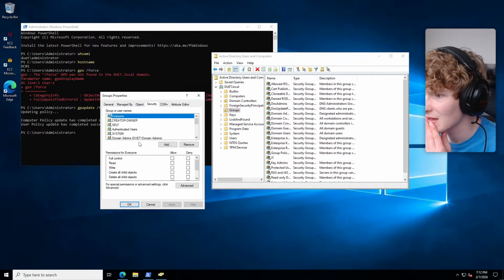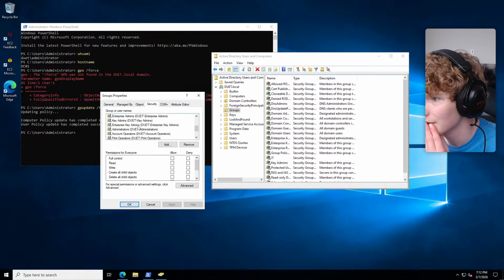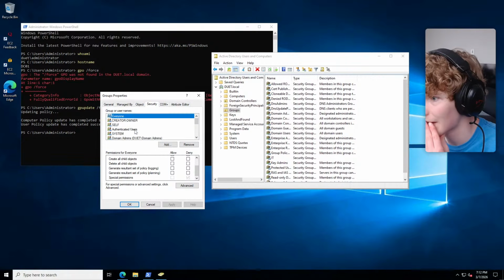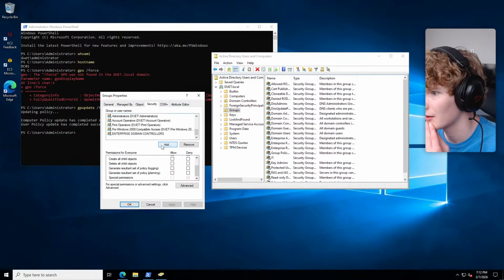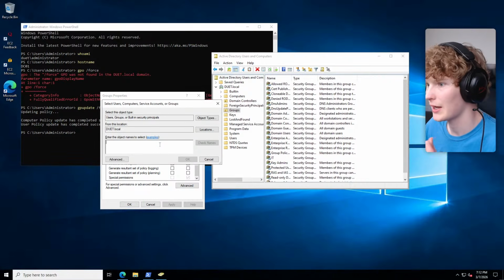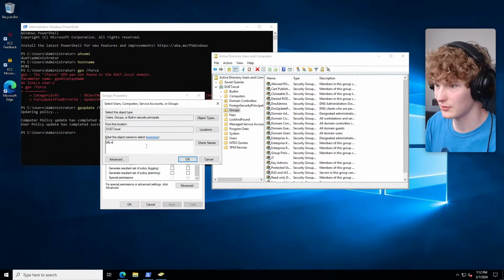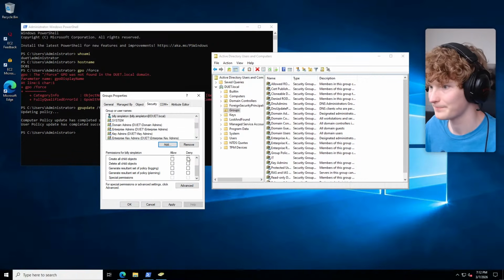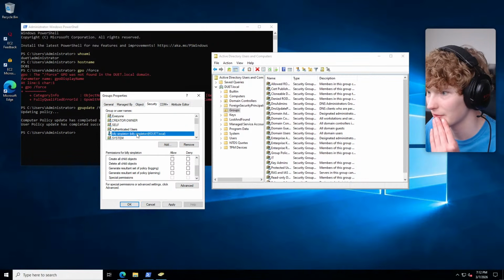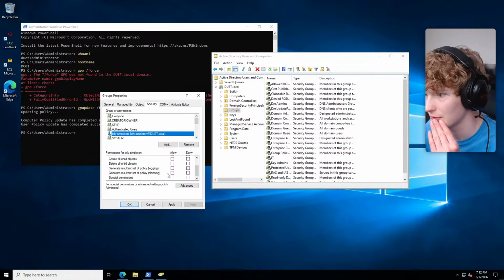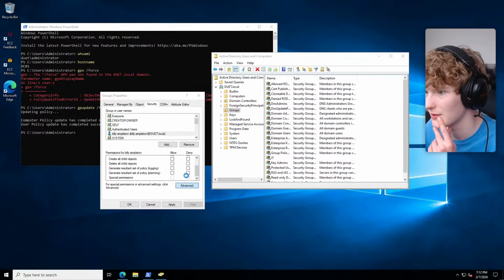And we are going to add, let's see, groups, security, group properties. We're going to add Billy.simpleton. And Billy.simpleton, we want special permissions, advanced.